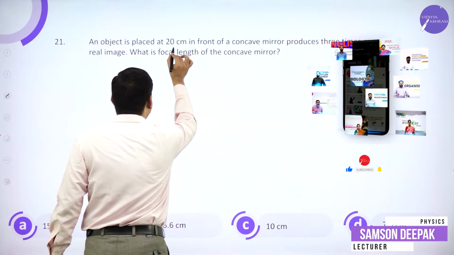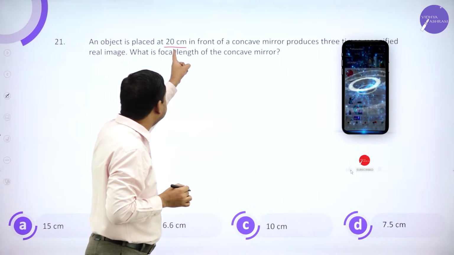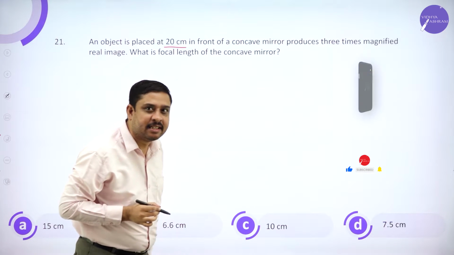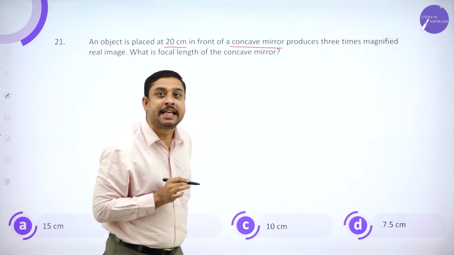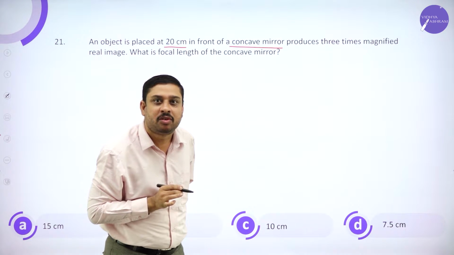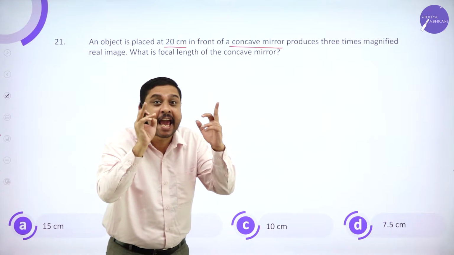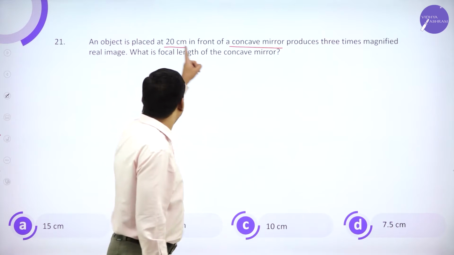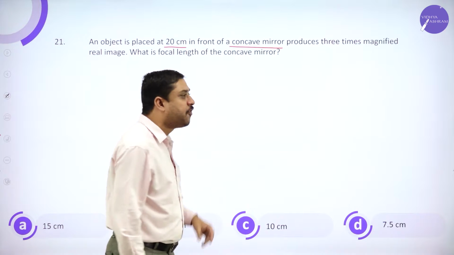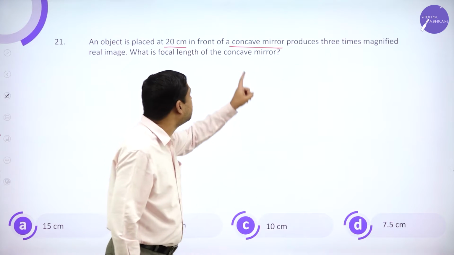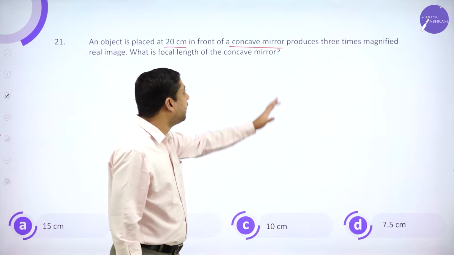An object is placed at 20 centimeter distance in front of a concave mirror. Please note, students, it is a concave mirror. So the object is placed at a distance of 20 centimeter in front of a concave mirror,